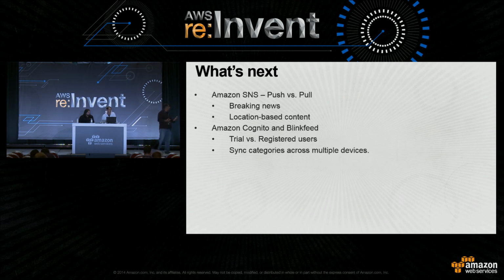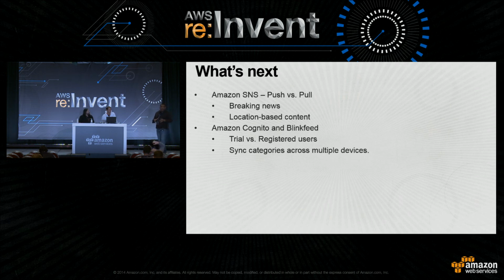Cognito for BlinkFeed. BlinkFeed is a news aggregator, as I said, and it's on the home screen of a handset. Every user who has an HTC handset, if you right swipe, you'll get the news on the device. One of the problems for that is we don't want a registration. We decided not to do a registration because that takes away from the user experience. We want the user to see the news right there. But with Cognito,